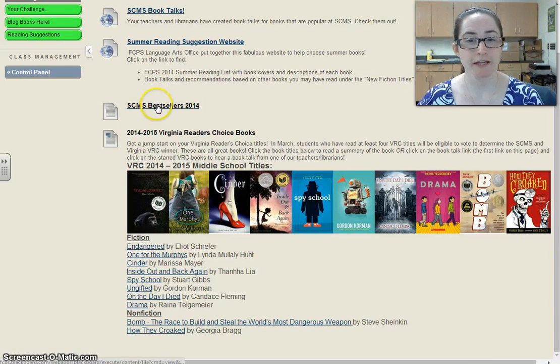The third link here takes you to a list of all of the most popular books in the SCMS library. And lastly, we have the 2014-2015 Virginia Reader's Choice books listed here. If you click on one of the links here, it will take you to a summary of the book. You can go ahead and start reading your Virginia Reader's Choice books over the summer, and then come March, you can check some off of the 4 that you need to read to be able to vote for our